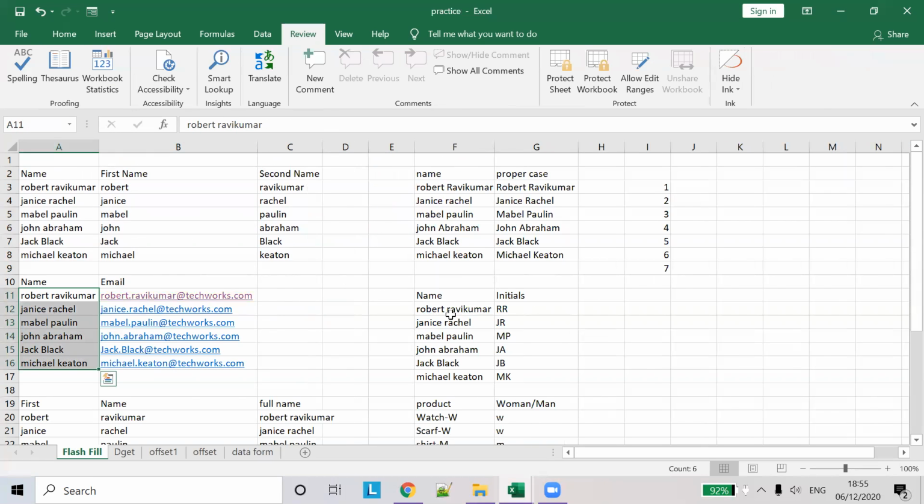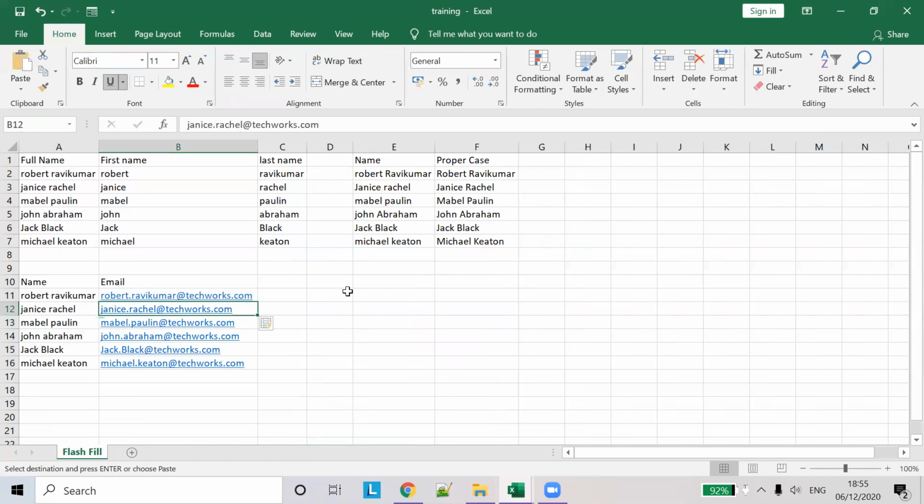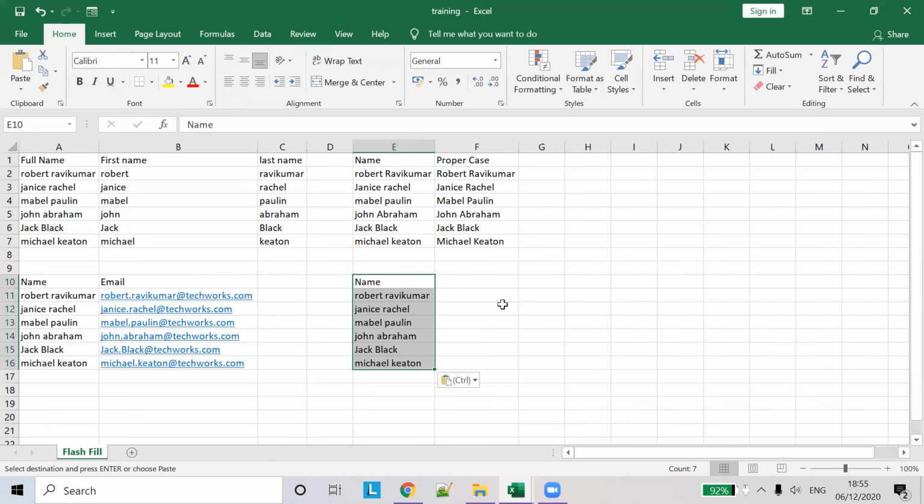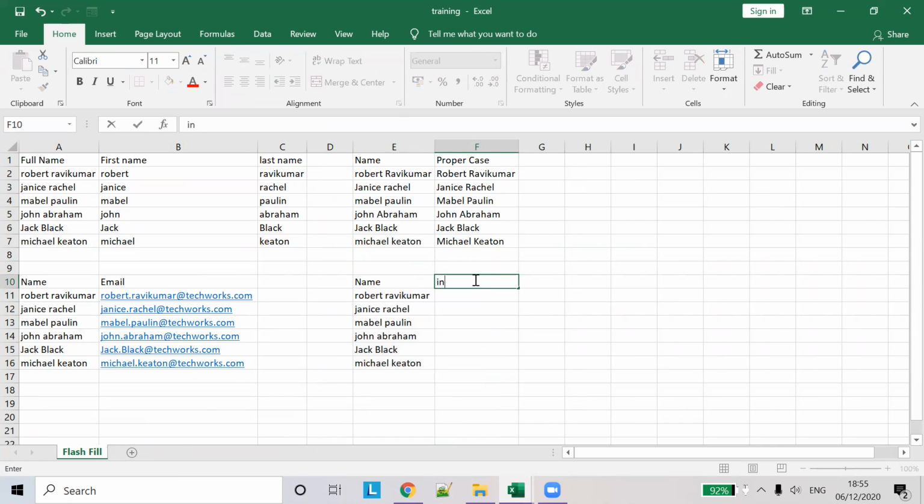Okay, so we'll take this example. In this example, I just want to get the initials of all the names. So it's Robert Rovingmar RR, Janice Rachel JR, Mabel Pollen MP. I just want to get the initials. I don't want to get the whole name. So there is a shortcut to do. So RR,